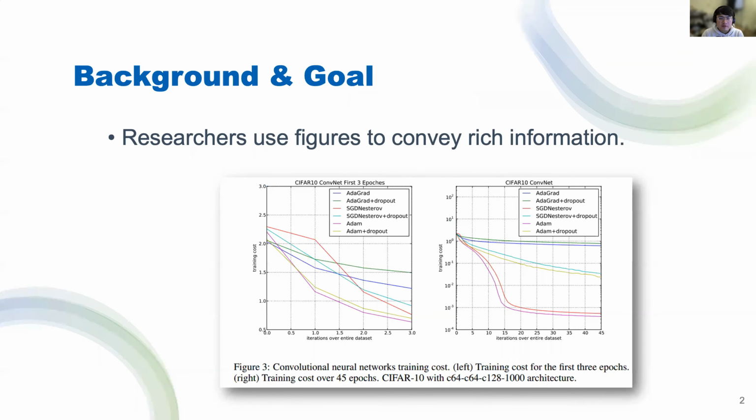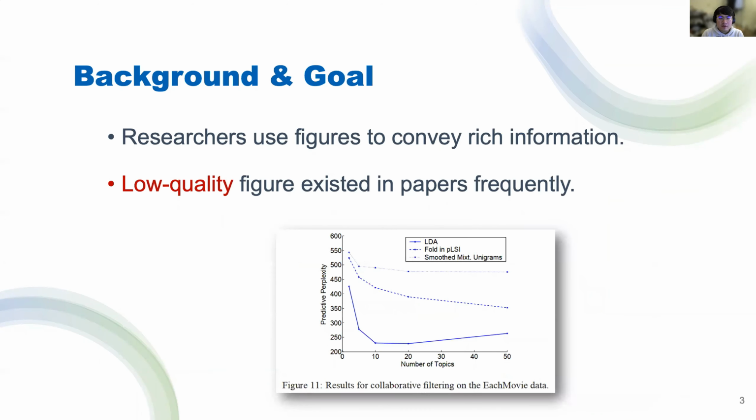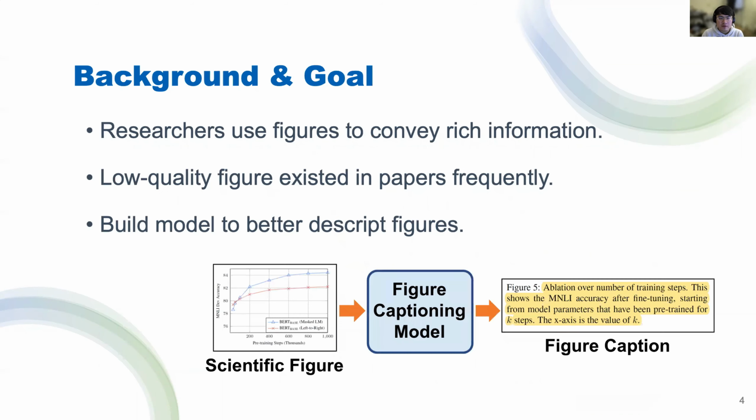The captions of these figures are critical. However, low-quality figure captions still occur in scientific articles pretty often. So we think if we could build a figure captioning model that's generating high quality captions for scientific figures automatically, the readers of the papers could read better captions, and the writers of the papers could use the generated caption